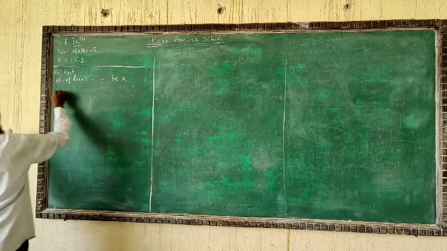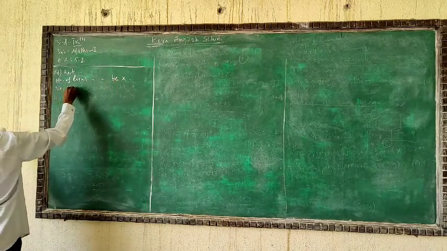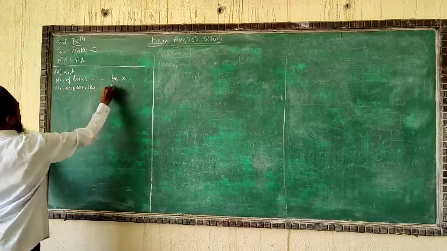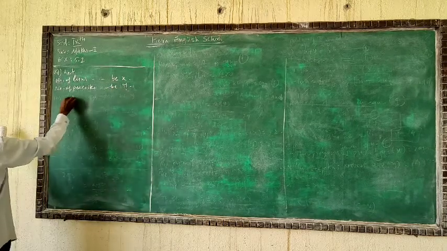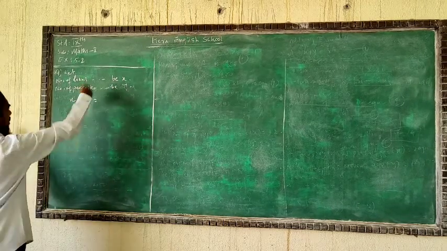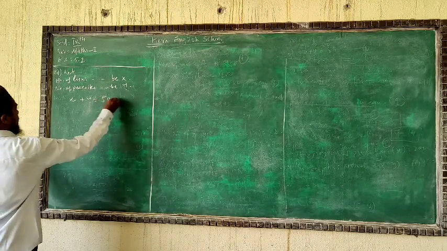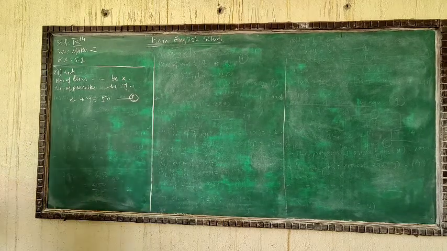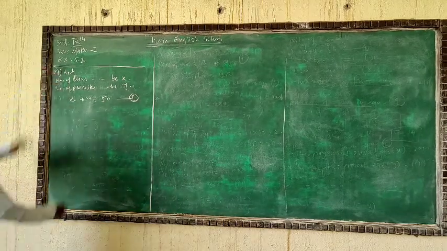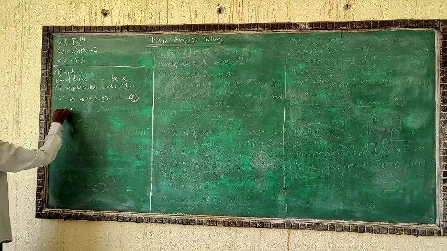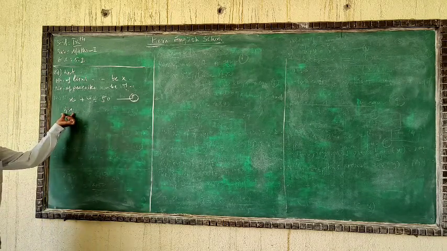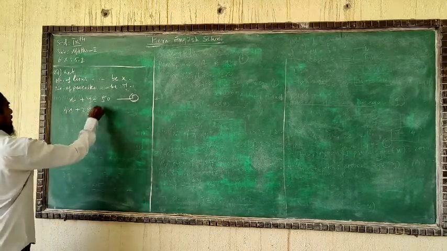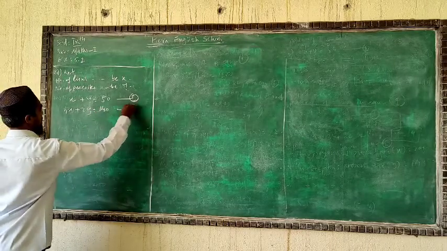be X and the number of peacocks be Y. Total number of animals X plus Y, meaning both lions and peacocks, is given as 50. It's your first equation. And the total number of their legs is given as 140. The legs of lions: we have 4 legs and the quantity X, that is 4X, the total number of legs of lions, and the total legs of peacocks will be 2Y, given as 140. This is your second equation.